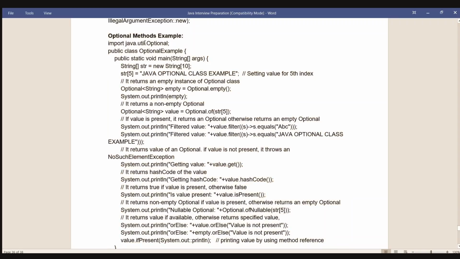Optional methods example. Import java.util.Optional. Public class OptionalExample. Public static void main(String[] args). String[] str = new String[10]; str[5] = "Java Optional class example"; // setting value for 5th index. // It returns an empty instance of Optional class. Optional<String> empty = Optional.empty(); System.out.println(empty);